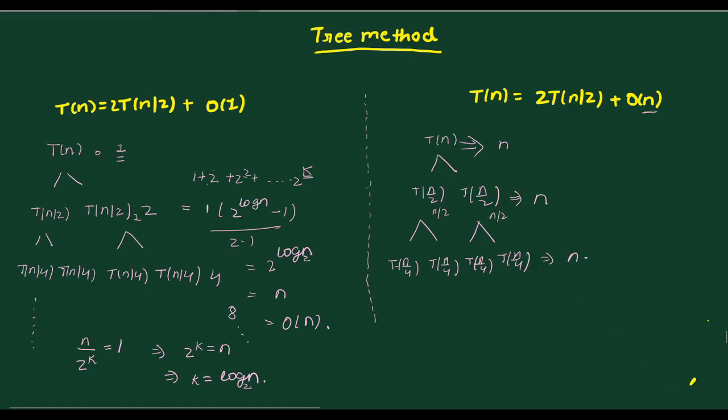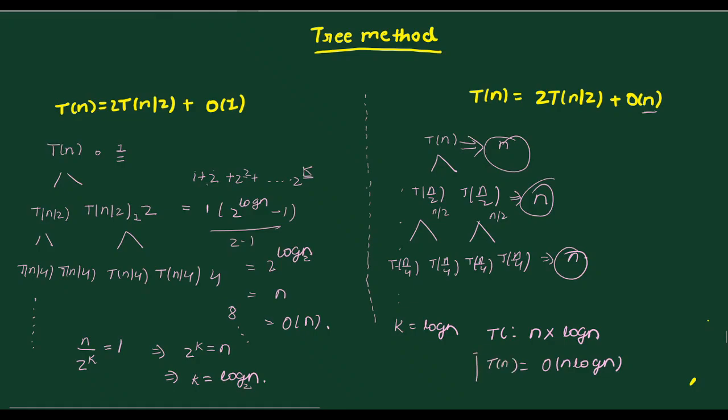So at each level you are doing n amount of work, and as earlier the depth will be log n, right? So the total time complexity becomes, at each level you are doing n work, total levels are log n, so this becomes big O of n log n. So this is your T of n. Well, this tree method is quite good to analyze this kind of problem where basically there is a division and you are doing some work, right?